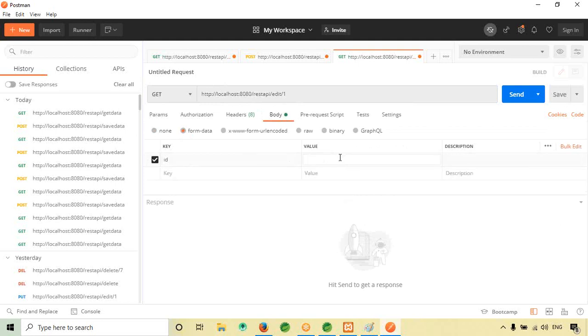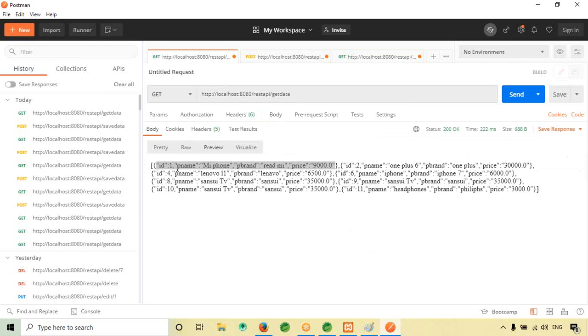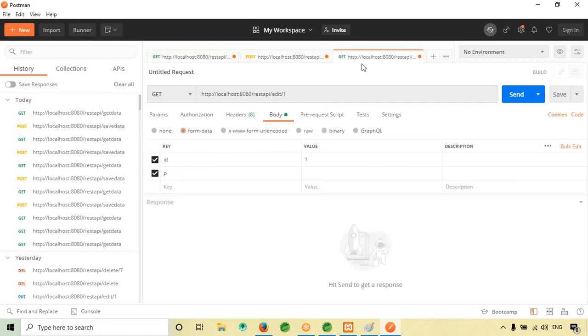ID is 1. Next is P brand. What I have to change? Product name is Mi phone. So Redmi phone, like that I will update.